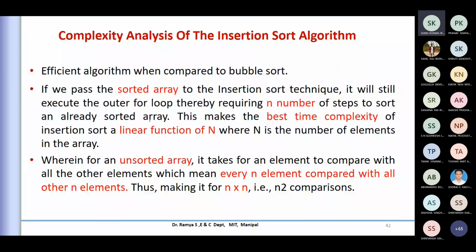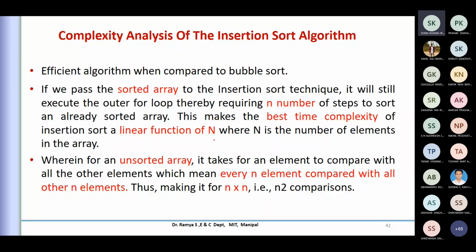So the best time complexity, again, is a linear function of n. If I've got 1000 elements, I have to compare all the 1000 elements to make sure they are in the proper place. So the best case is O of n here, where n is the number of elements in the array.